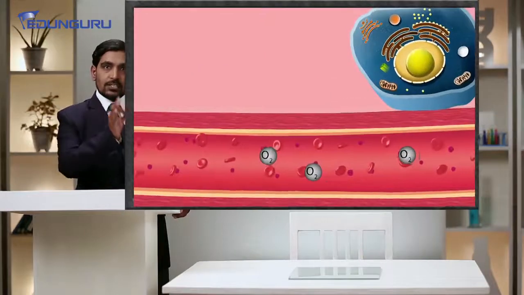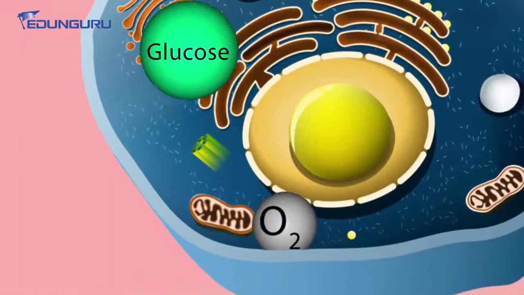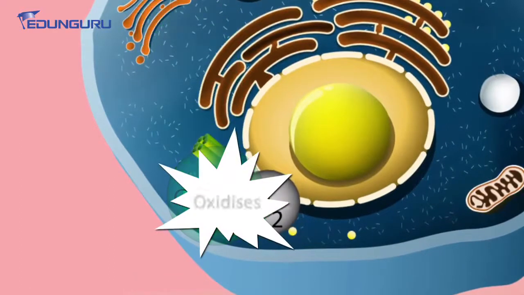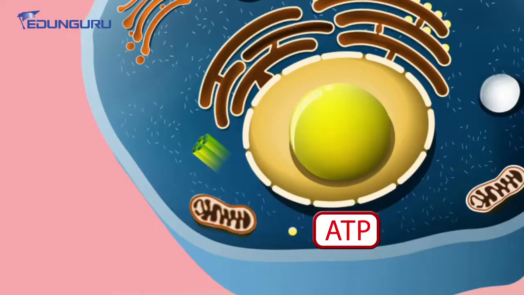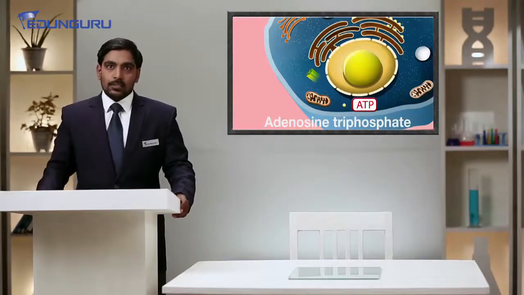This is not respiration. When you take in oxygen, try and understand that oxygen travels through the blood, reaches the cell, goes inside the cell in the mitochondria, and that oxygen in the mitochondria oxidizes glucose to give out energy in the form of ATP. That's right, ATP, adenosine triphosphate. And this is what is respiration. Respiration is an energy releasing process.